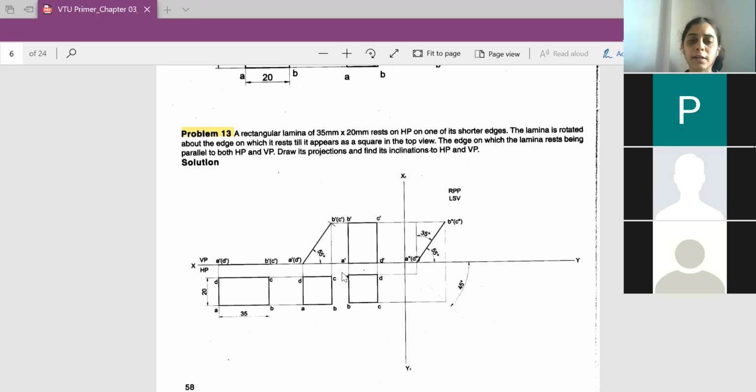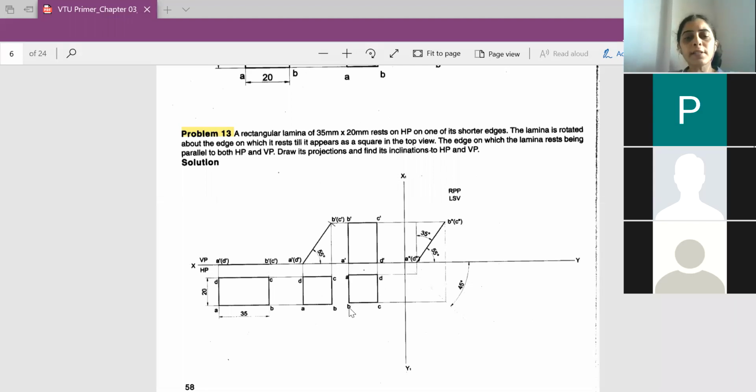Leave some convenient distance or else you just take the projection here and measure A and D how much it is from this distance A to D and name it as A and D. After this, take 90° down, measure the distance from A to B, cut an arc, measure the distance from D to C, cut an arc. You will get the point B and C. Then you join A, B, C and D. So now you have the square lamina which is parallel to our VP.